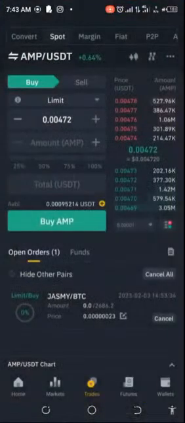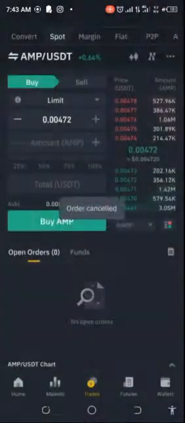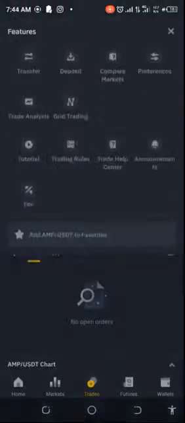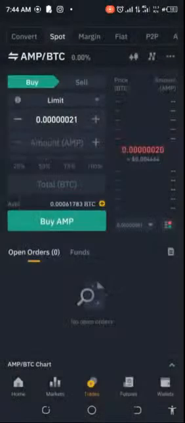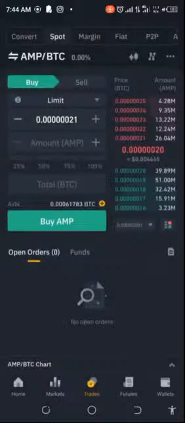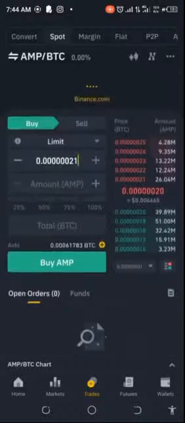Okay, so what I'm going to do first and foremost is cancel this trade. Once I cancel that, it releases back my BTC, and then I go ahead to do this for BTC. And let's hope that this works. So now what I'm seeing here is the current